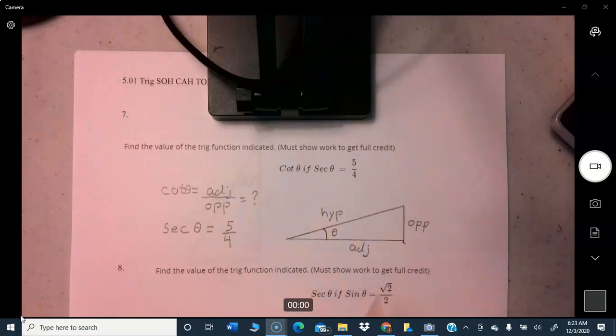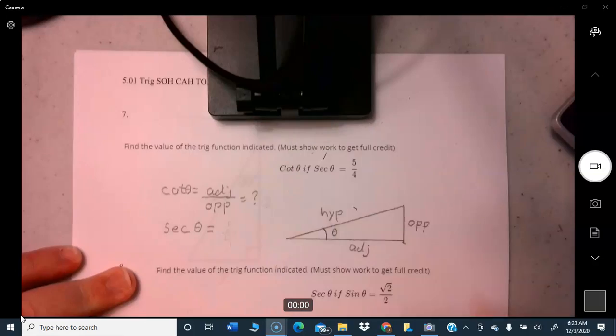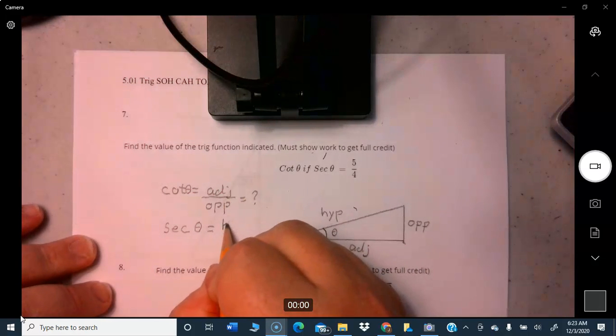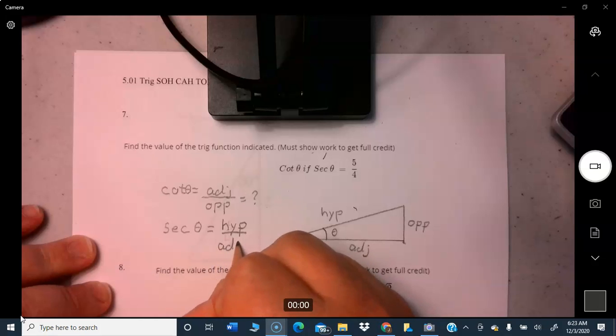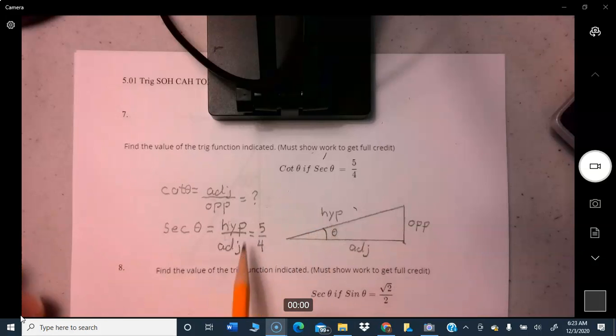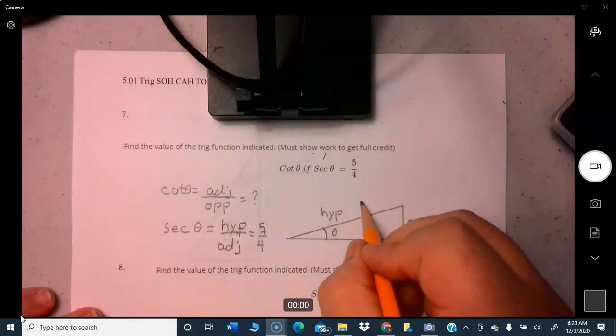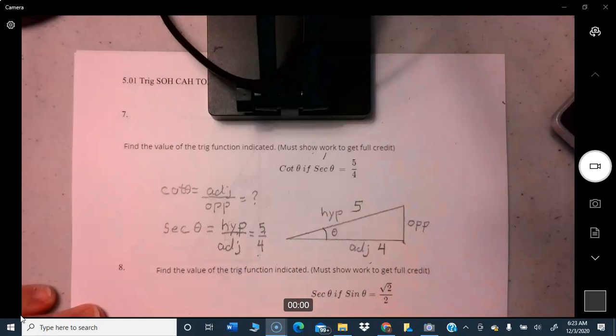Okay, so what is it telling us? What is the secant again? The secant is, and I didn't write the formula. That's bad on me. The secant is, the formula is hypotenuse over adjacent. Because that's what I need to know here. I have to reference that triangle. Okay, and it says in this problem that equals 5 over 4. So what that means is the hypotenuse is going to be 5, and the adjacent here is going to be 4. All right, so I can use the Pythagorean theorem here,